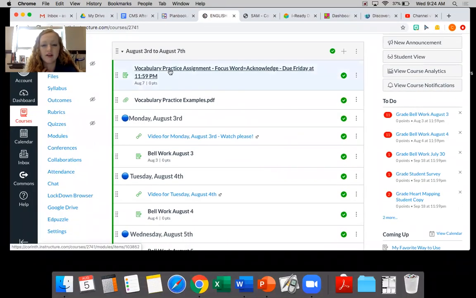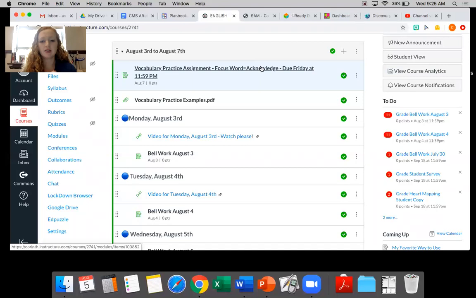Okay, so it is this very first thing. Our focus word for this week is acknowledge. The English teachers and I decided that instead of giving you a whole list of vocabulary words each week that you're probably gonna forget at the end of the week, we're gonna start giving you one focus word a week. So we've looked at a list of vocabulary words that 7th graders should know, and we decided that we would pick one for each week of school. So we have roughly 36 weeks of school. So we picked 36 words that we thought would really help you in your reading and your writing and your test taking. So our first one is acknowledge.